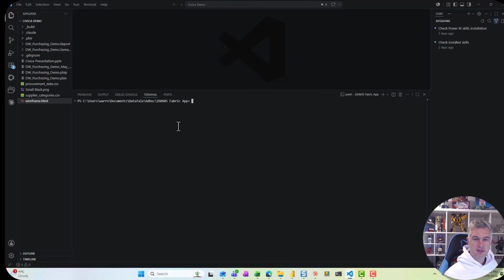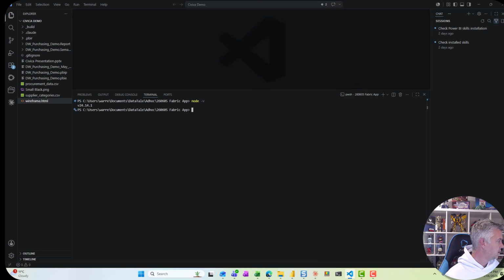Okay, so I'm in VS Code. I'm in the terminal. If you're not in the right directory, you can change your directory and point to a particular directory. First thing I want to do is check that I have Node running, with node and the version. Now, as long as you're over v20, you are all good. And now, next step